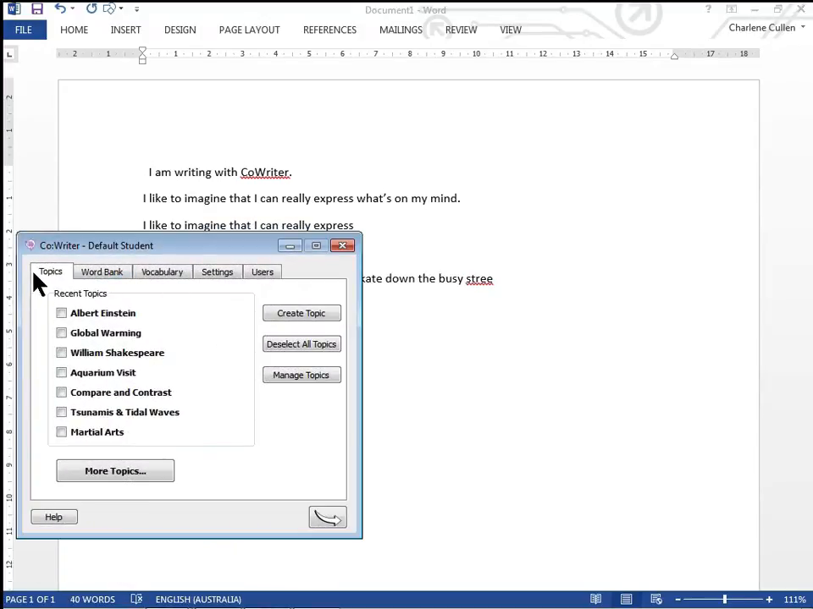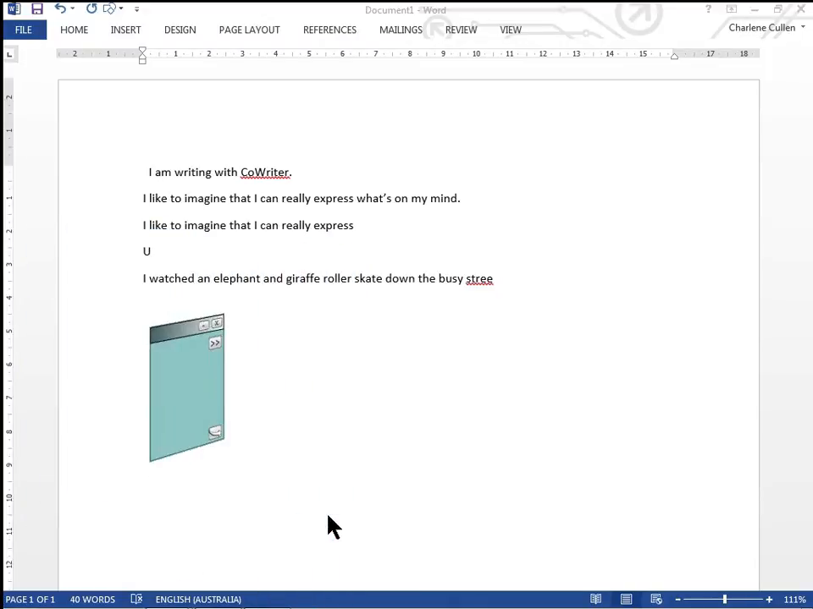And now we flip over and you can see the first tab is called the topics, and we've got a topic, Albert Einstein, which I'm going to select. Albert Einstein is active now. There's actually some speech telling me as I hover over different things. We're going to go back to the co-writer prediction window,